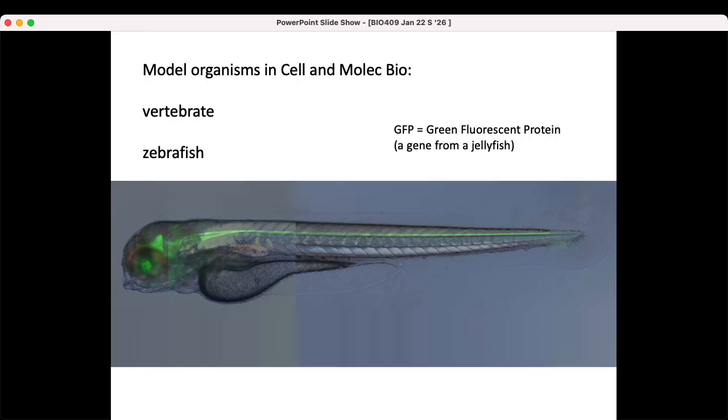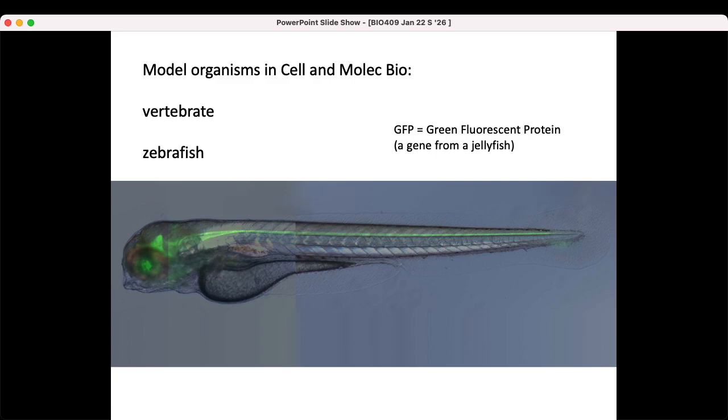And so here's an example of a model organism, just to show you. It's one you might be surprised to see. This is the embryo of a vertebrate fish called a zebrafish that you could buy down at the pet store. It just looks like a minnow with horizontal stripes on it, and it's become a big model organism. And here's an example of it being used as a model organism.